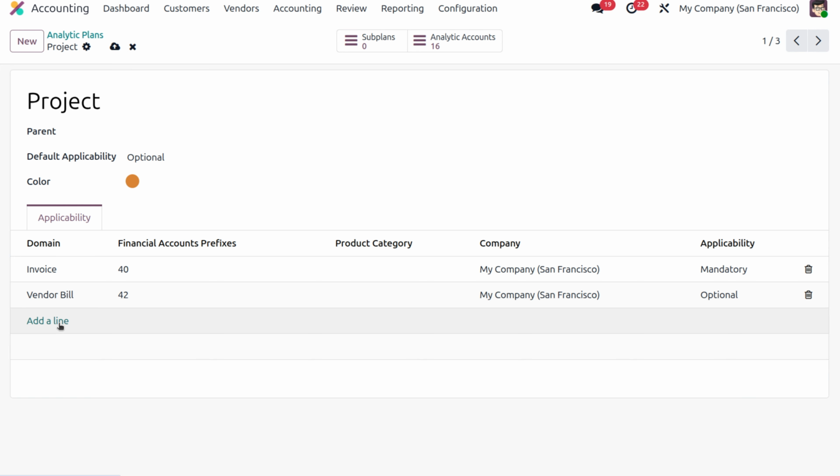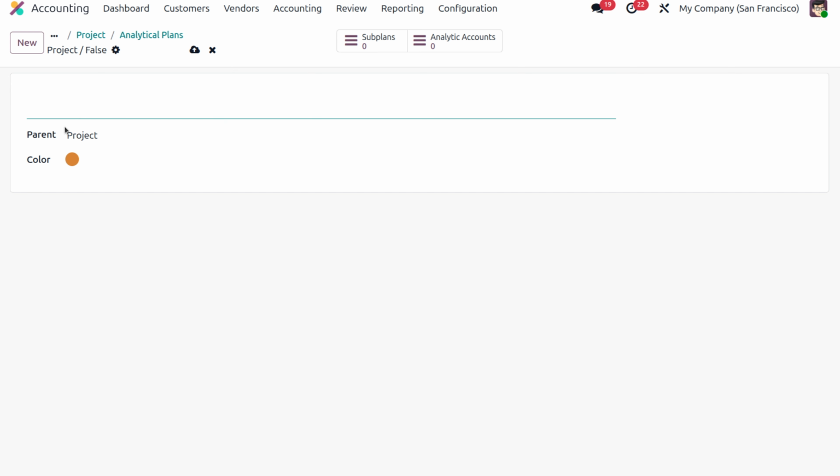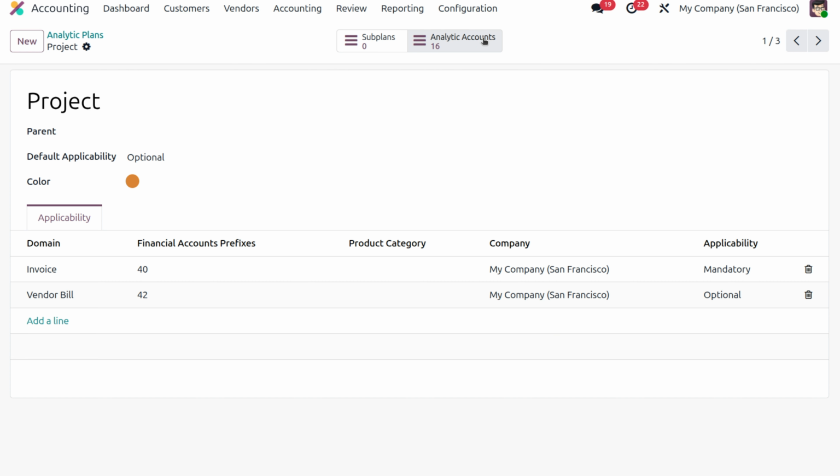Okay, now you can choose them, and there we have two smart buttons, which are sub plans and analytic accounts. Under the sub plans, you can choose any kind of sub plans. So for my parent category, which is a project, I can choose any kind of sub plans. So the parent analytic plan will be project. Any of the sub plans, I can specify with the name as well. I don't have any sub plans under the project, so I'm not choosing them. And you can also find